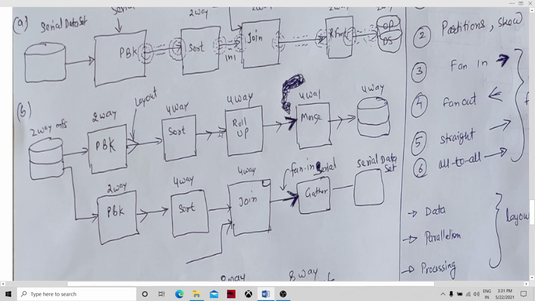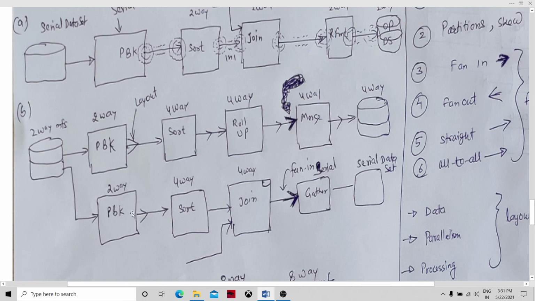Then there will be a straight flow, because both sort and roll-up are running on four-way, and between sort and roll-up there is a straight flow. Then there is a merge component, so there is also a straight flow, and this merge component is also running on four-way and outputting the data into the four-way multi-file system.